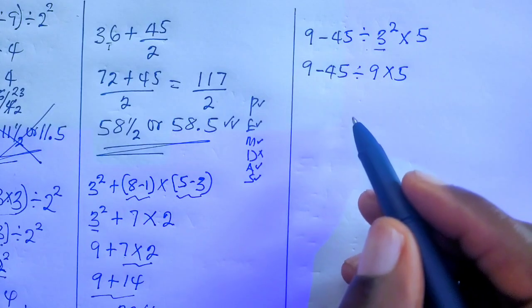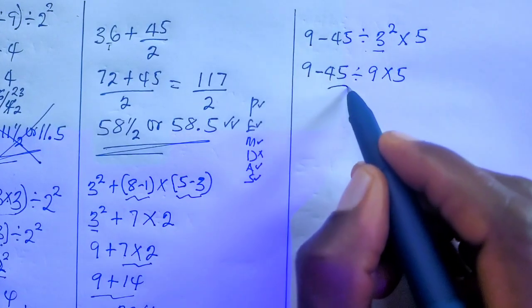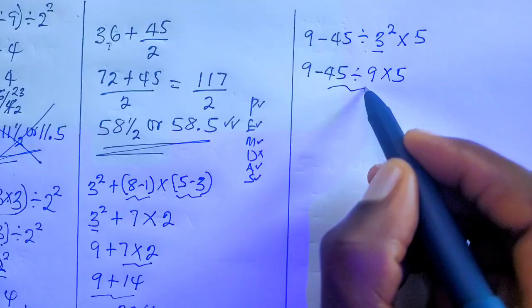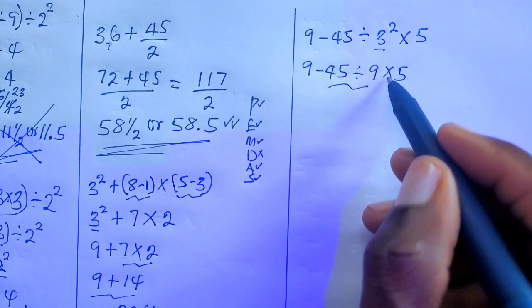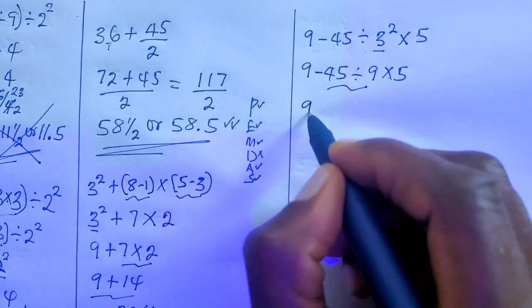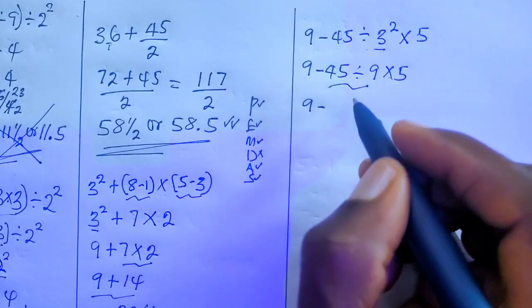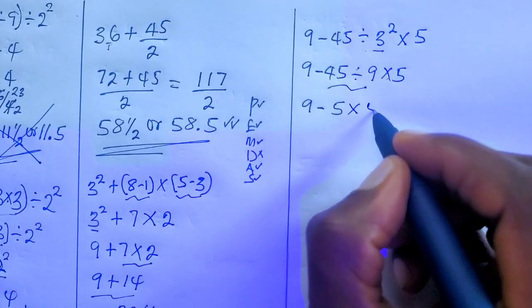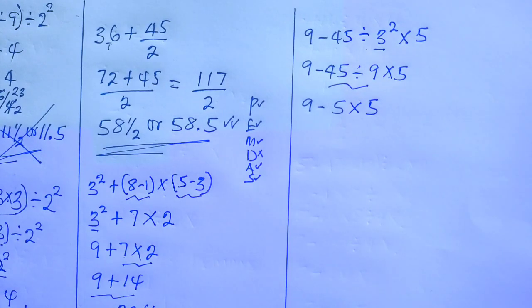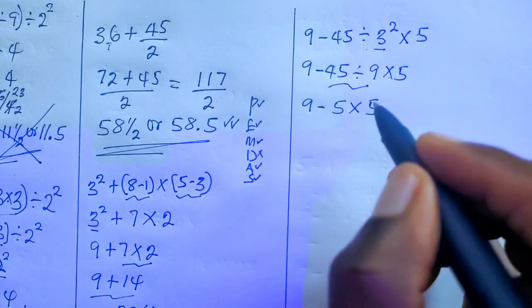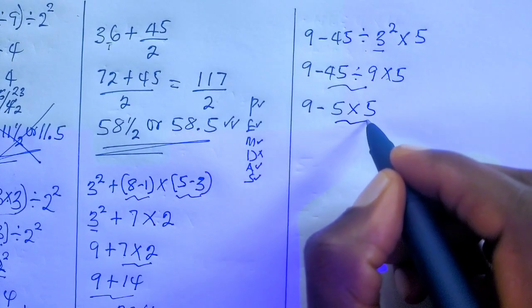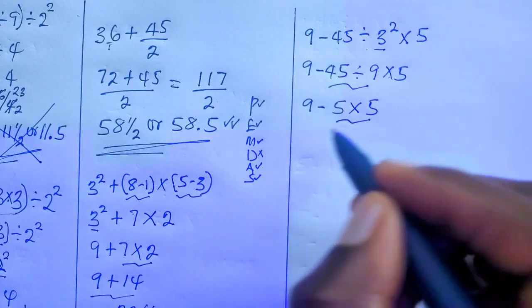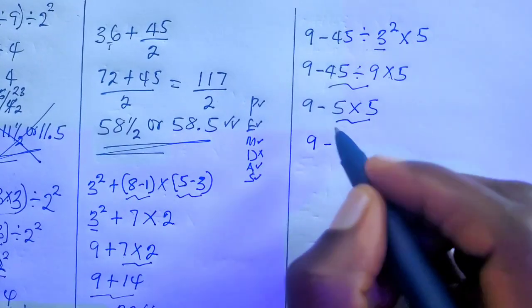Now, still from the same order of operation, we are going to consider division, because division is of higher priority than multiplication right here. And we have 9 minus 45 divided by 9, that gives us 5, then multiply by 5. Then next, we are going to consider multiplication, because multiplication is higher priority than subtraction, and we are going to have 9 minus 5 times 5,